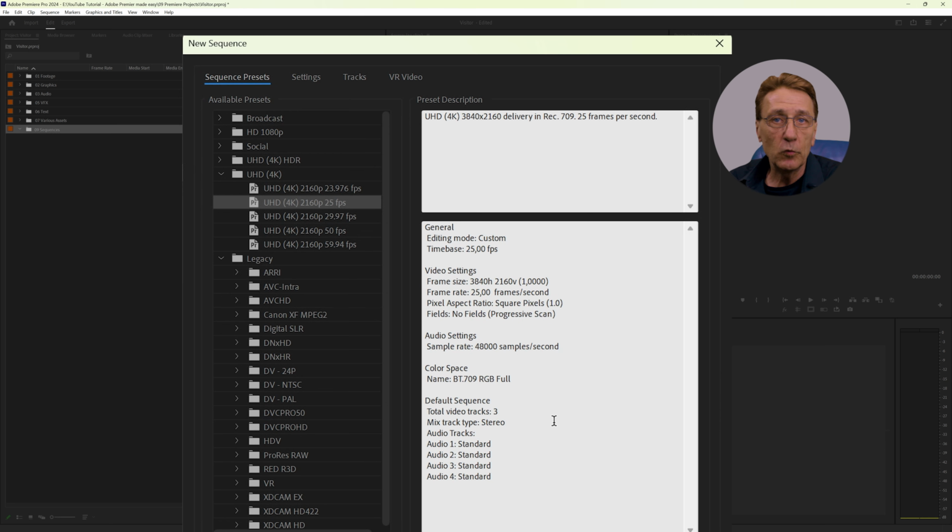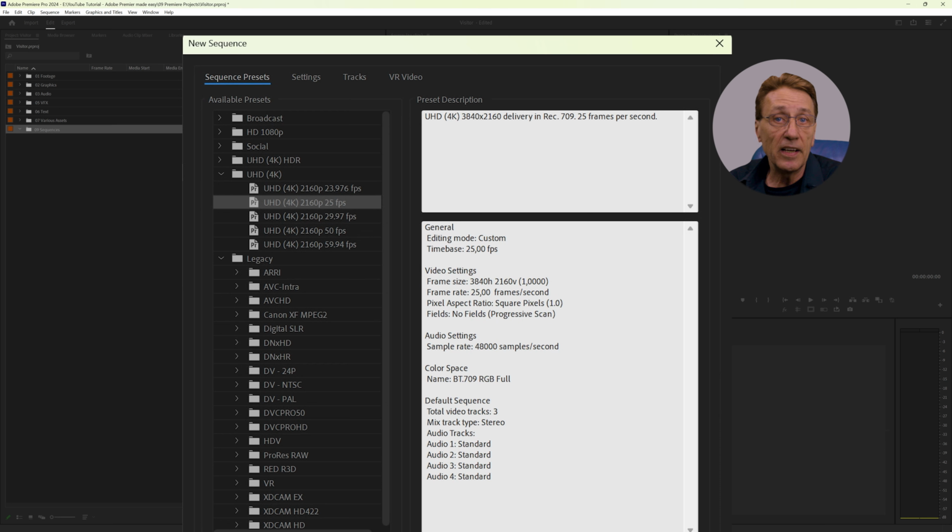We choose a preset with the target output and the original footage in mind. In my case, all the footage is in 4K UHD with 25 frames per second, and we are planning to release it in the same format, that is 16:9 landscape. We will later do a 9:16 portrait and a 1:1 square version for social media.